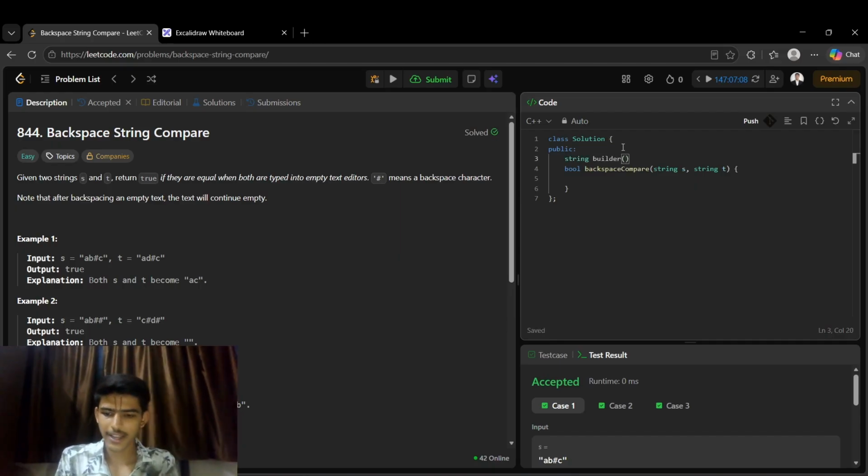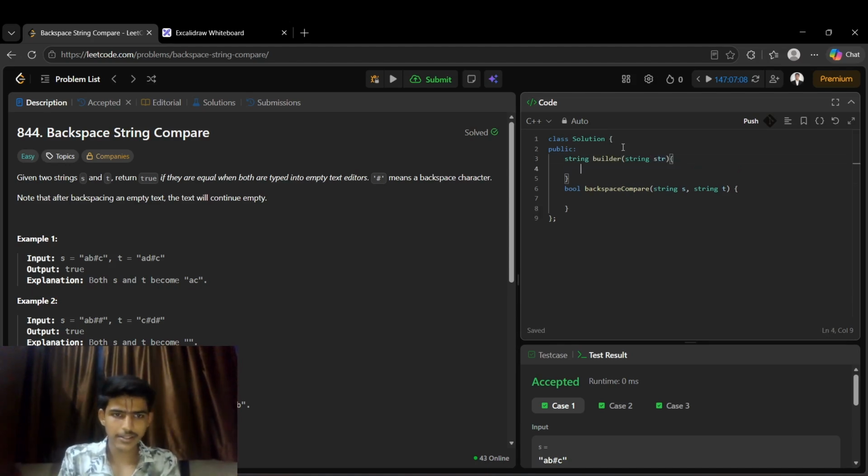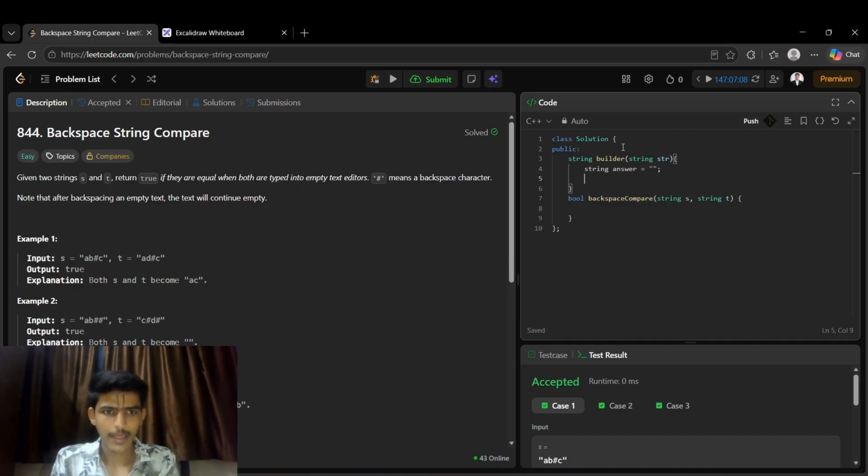It's a simple name. Inside that we will pass a string, which will be S for the first, and then we will pass T, and inside that we will have a result string or answer string, which will contain our answer, completely empty at the start. And inside that, we will start by iterating from the start till the end. Here it will be str.size, and during that iteration, what we'll be doing is that,